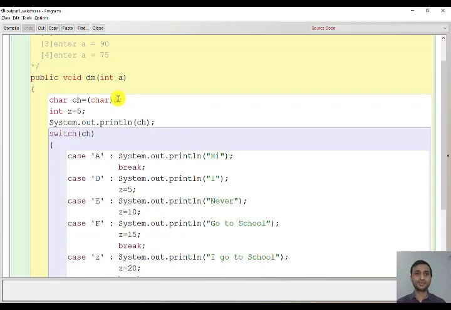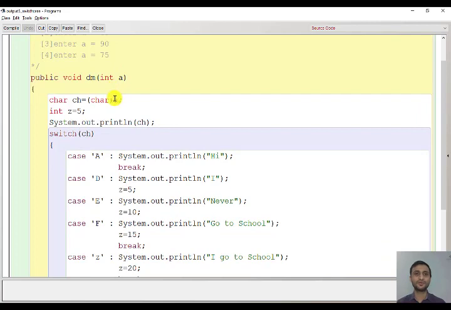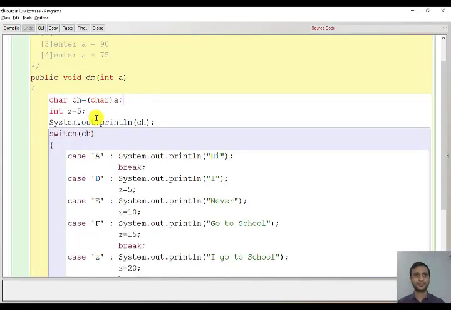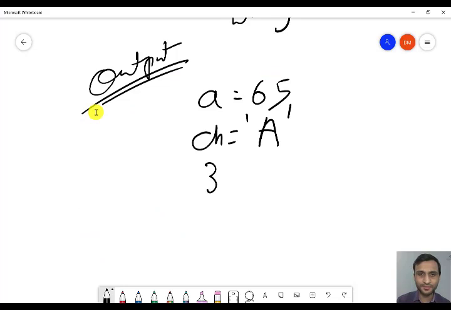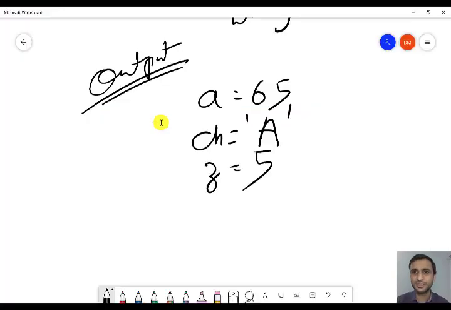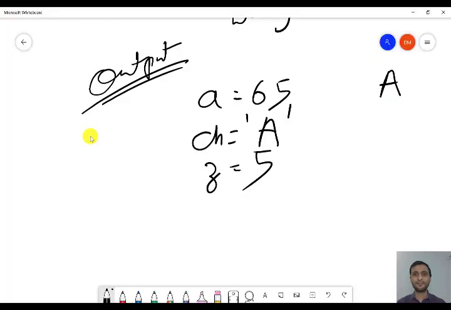We are converting the integer value 65, which is nothing but the ASCII value, to its character form, that is capital A. So in CH we have capital A, and we have Z equal to 5. We're printing the value of CH. What is the value of CH? A. We are printing A. And now we are checking switch CH. What is CH? Capital A.